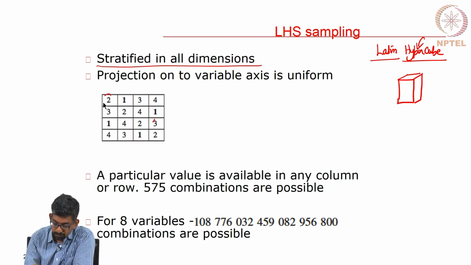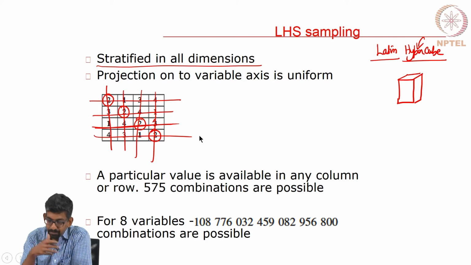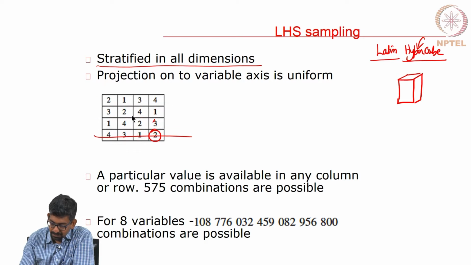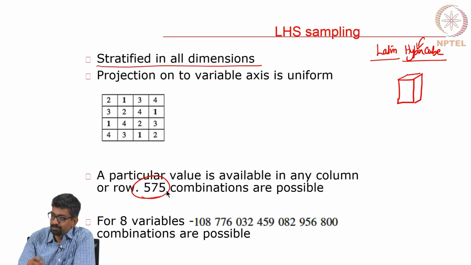If you take 2, I did not expect, but this is an interesting case. Okay. So, what is happening? This row and this column I get rid of, this row and this column I get rid of, this row, this column, this row, this column, sorry. Still I am taking care of the entire domain. Okay. So, you can do this for any variable you want, but this is only one of the 575 combinations you have for just a 2 variable case. Okay. I could have like this 1 3 4 2,